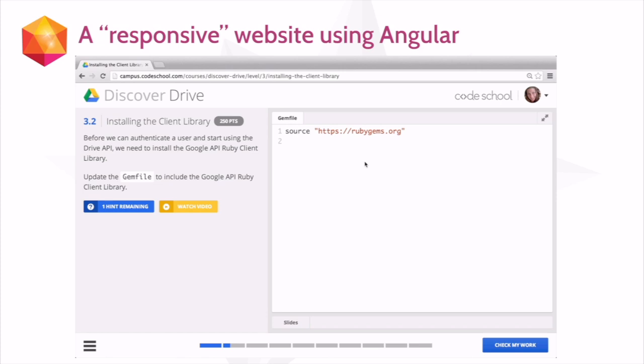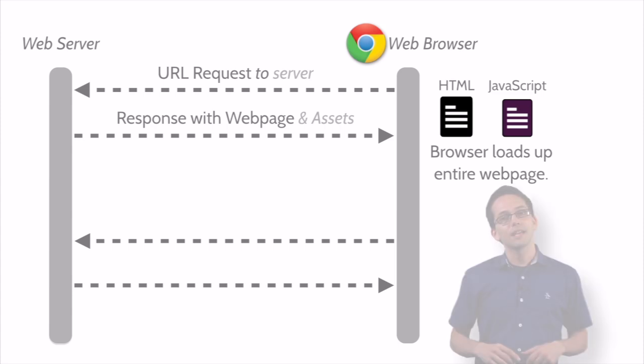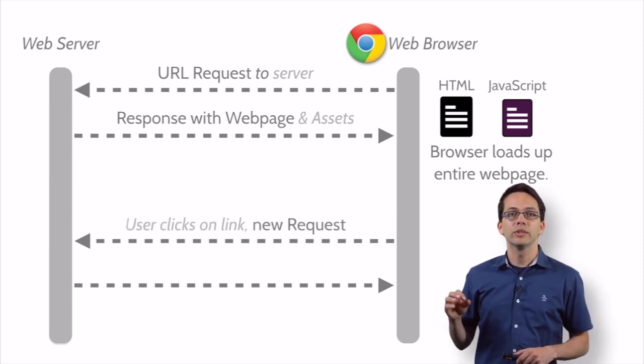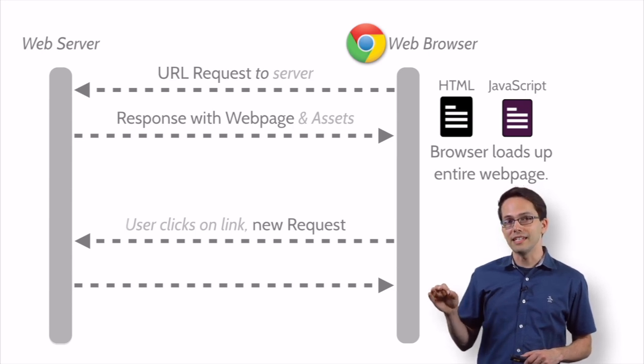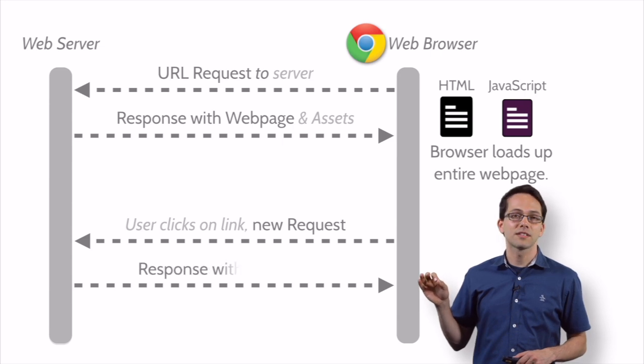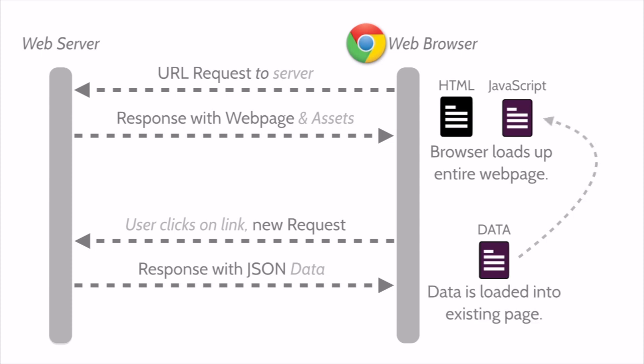Well, behind the curtains, when a request is first fired off, the server responds back with all the web page and assets, as you might expect, and the browser loads up the entire web page. This time when a user clicks a link, something different is going to happen. It's only going to request the information it needs to update the page. In this case, just some JSON data. Once our browser has this data, it's going to load it into the existing page and update what we see